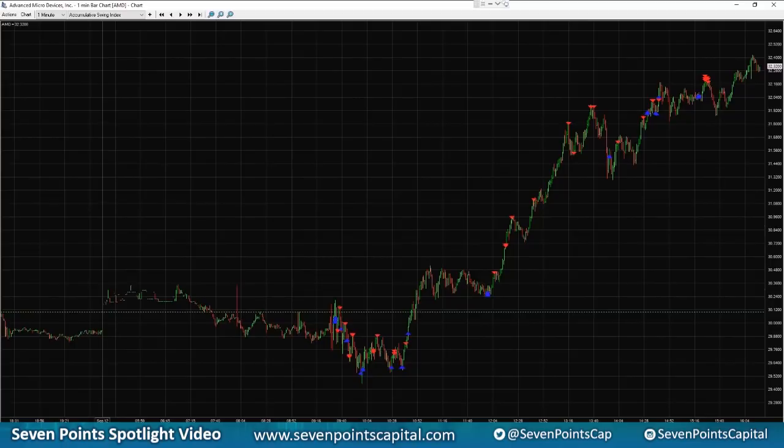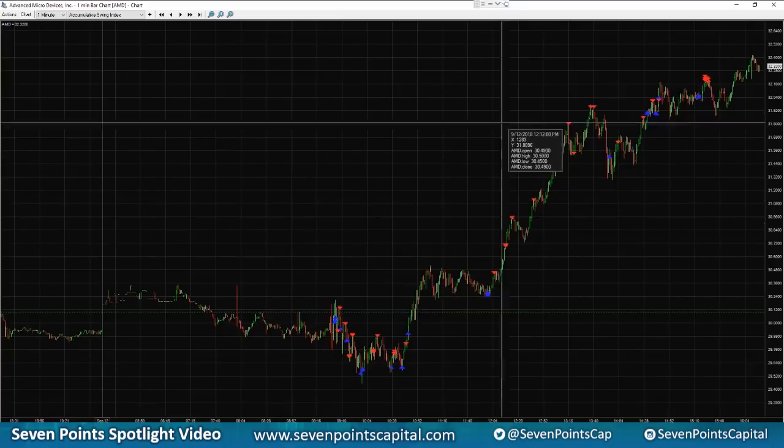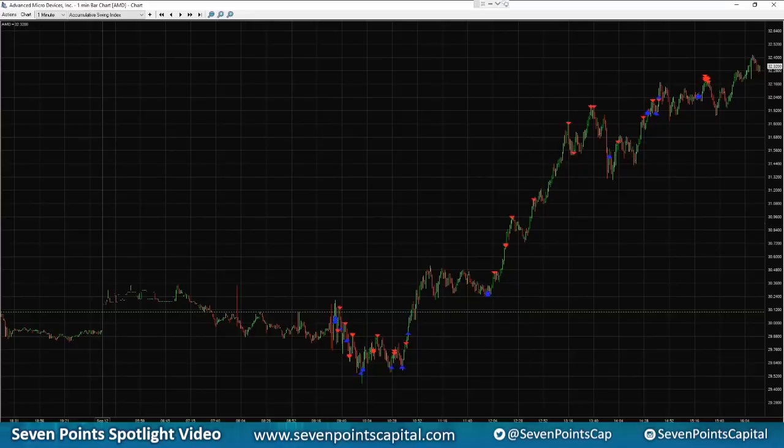But it's easy to say it after the fact. When we're trading these names, it's not easy. This has not been an easy name, and I feel like I did really well with this, considering how tough it's been. But I scaled out of it on the way up, and then it got parabolic. So when it got parabolic, I tried it on the short side a little bit,